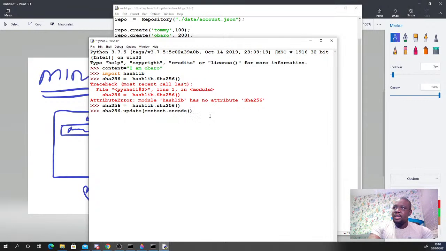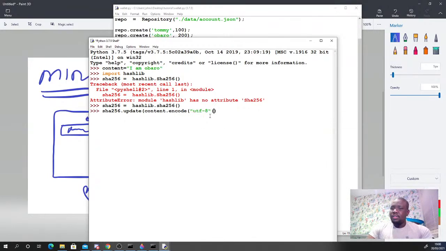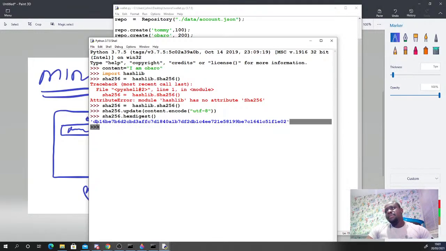It will only take a string of characters. So if I want to hash the content of this value, if I hash it, and just call the dot hexdigest. So this is the hash value of this particular content. No matter where I go, no matter what I do,